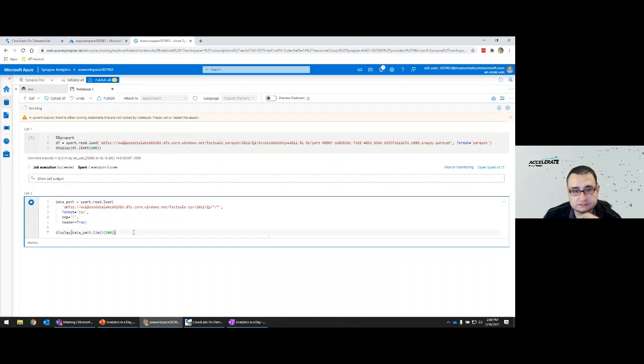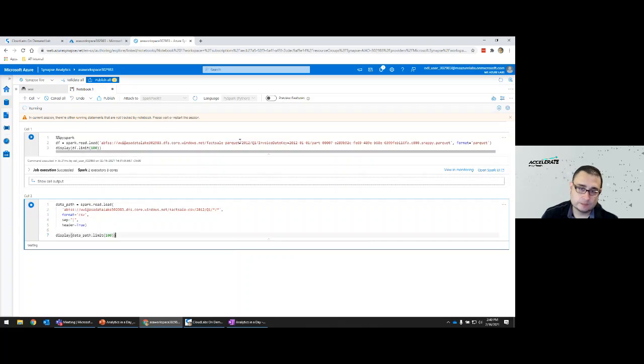All right, so while that's running, the key takeaway here is that you can choose the file format and the layout of your storage. If you want it to be relational, you can read from a database, which we're going to do in a little bit, or you can choose to just have files sitting in blob storage or in a data lake.